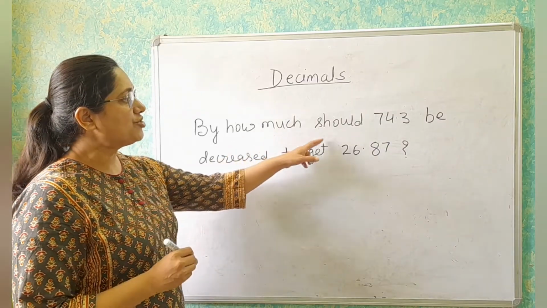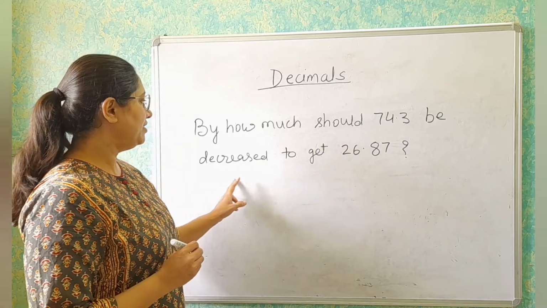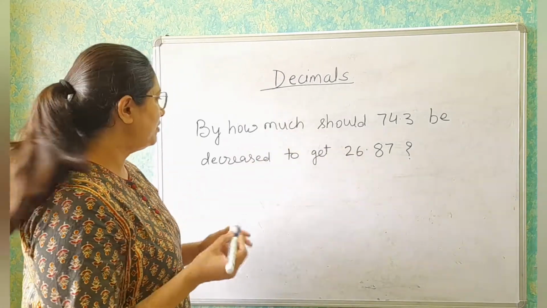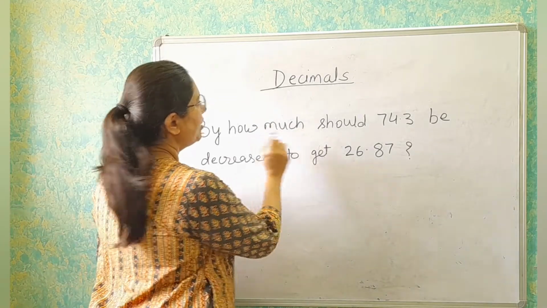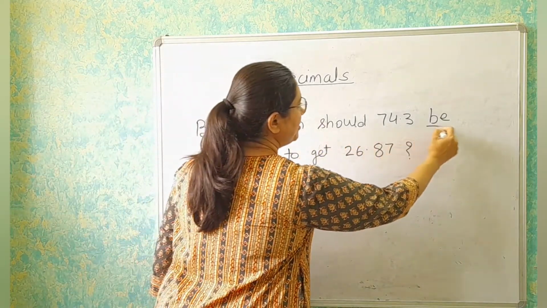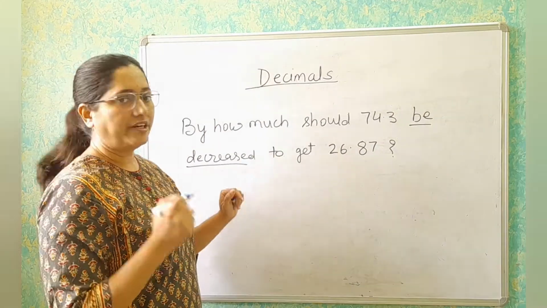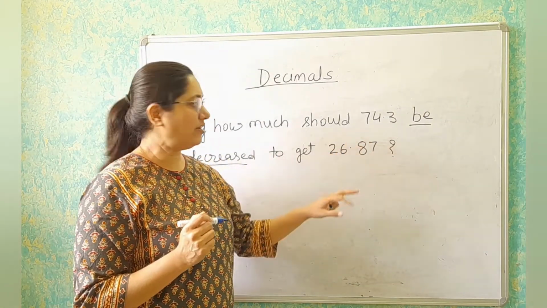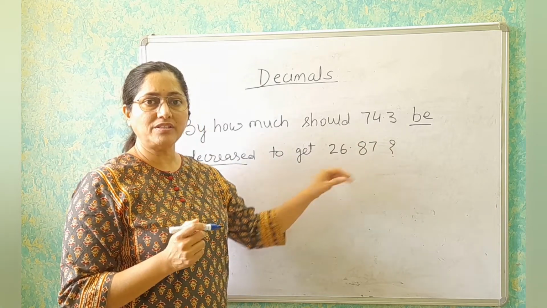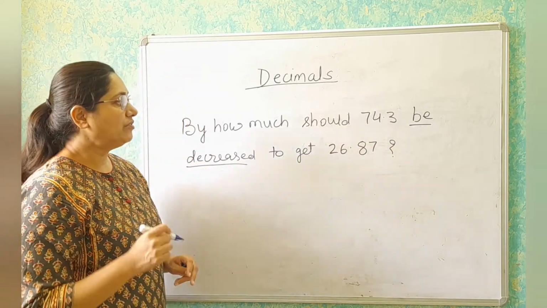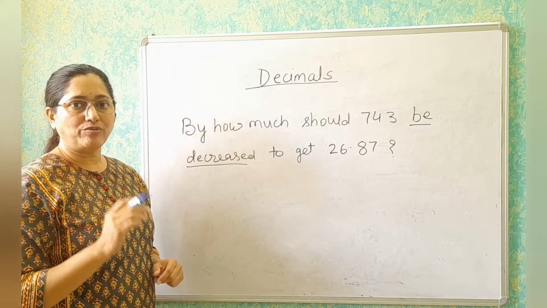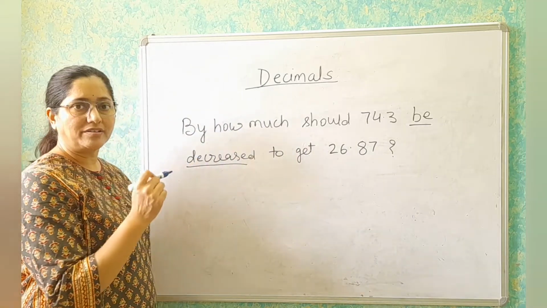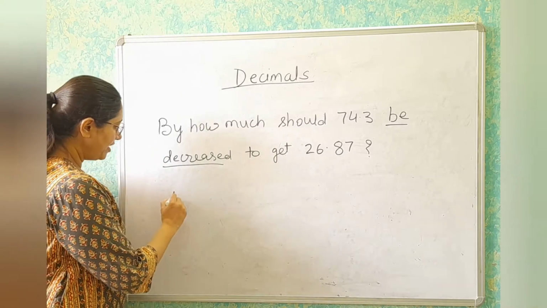By how much should 74.3 be decreased to get 26.87? Now look for the keywords. By how much should 74.3 be decreased? It shows that we have to decrease 74.3 so that it will become 26.87. And you know that whenever we have to decrease any number, we have to do the subtraction part. So first we will subtract these two numbers and the required number will be